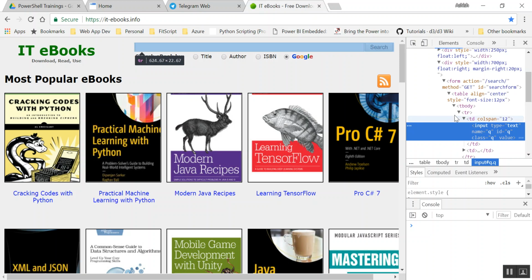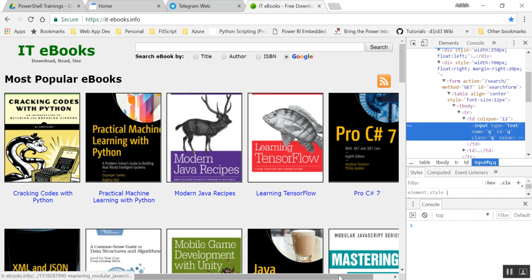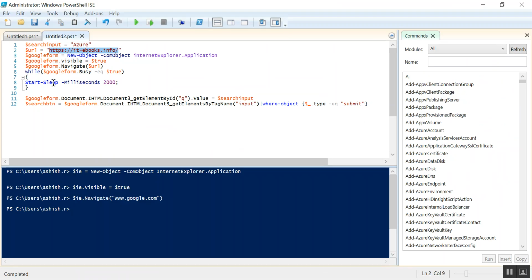So what I'm doing, I'm getting this input box in my PowerShell script, if you see. So I'm getting this input box, okay, and then I'm filling the input box's value property with this search input. So search input is the string with Azure. So what I'm doing over here is I'm navigating that website, searching that element, and then putting the value into that element, and then